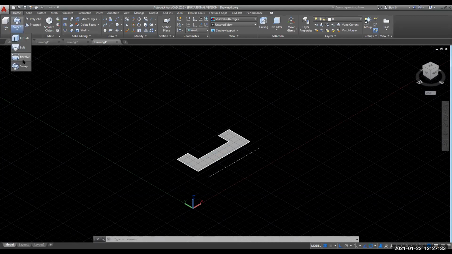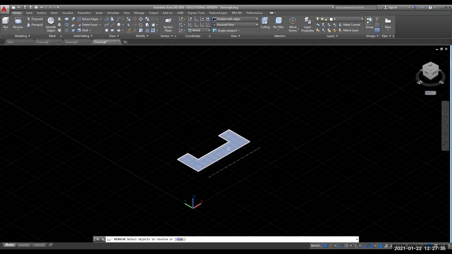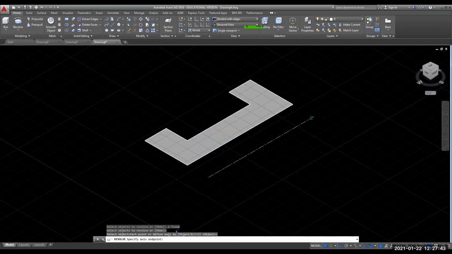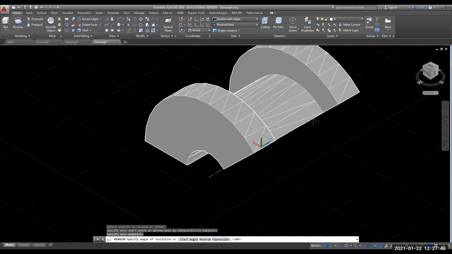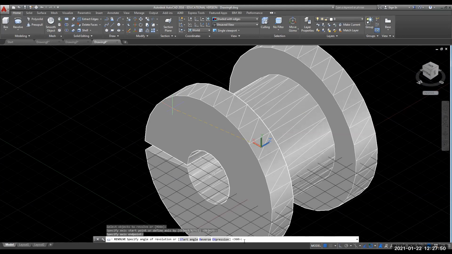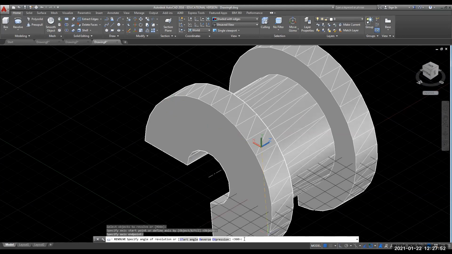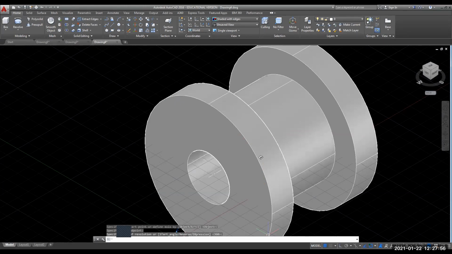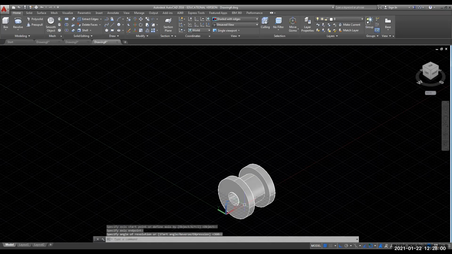Using this revolve command, you revolve this object about this axis, starting from here and ending at this point, and you can rotate it for an angle. By default it is 360, so you can keep it like that. This is how you can draw the pulley. This is a simple pulley.